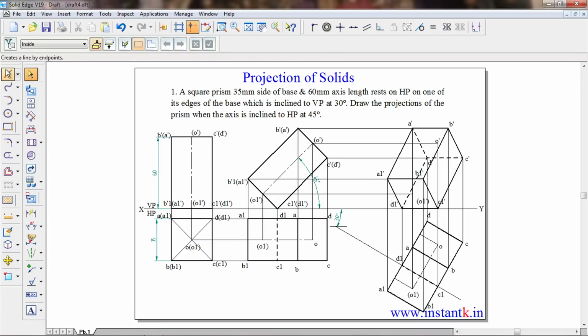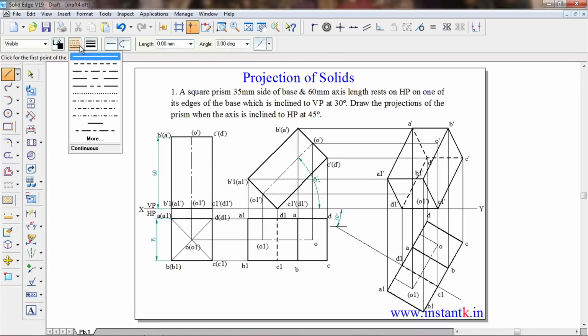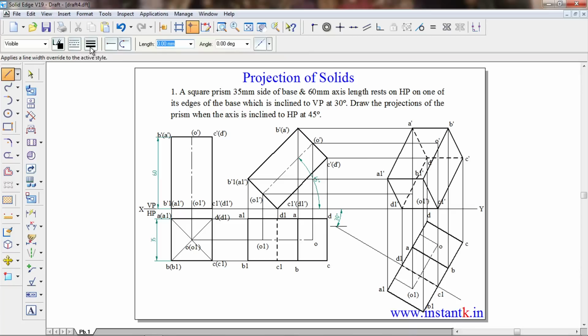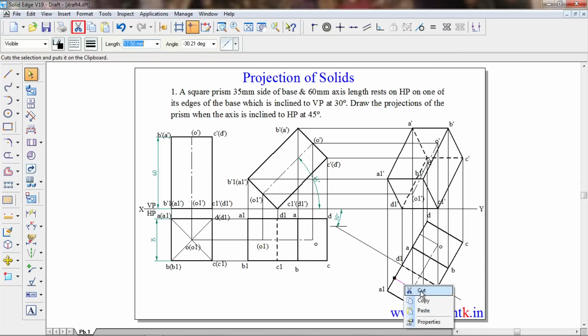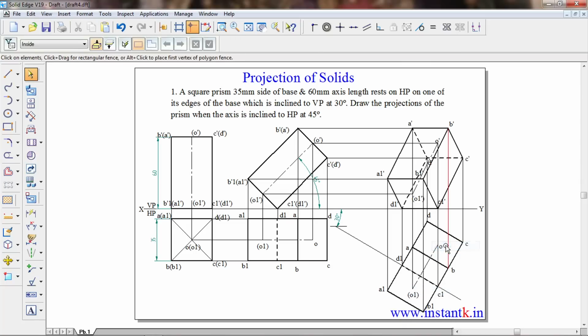O dash is visible and take a line command, it should be a center line or axis line, should be 0.13 mm thick. Then from this O dash to O1 dash we can connect like this. So we can drag it and we can place it like this. So this we can delete, we can cut like this.